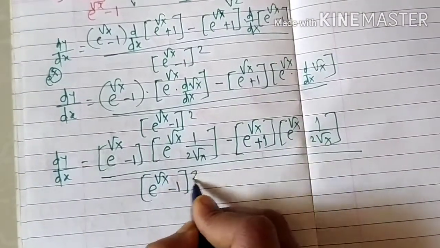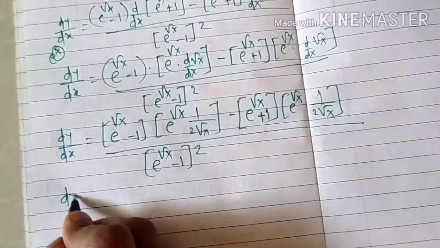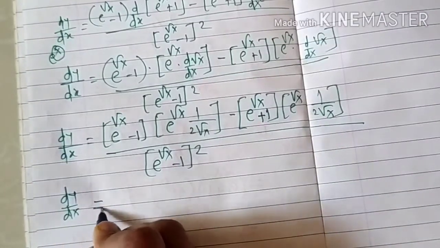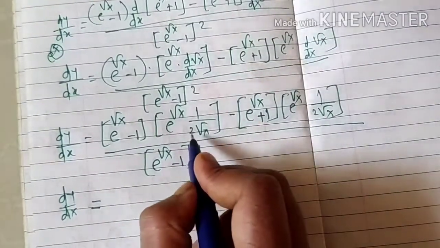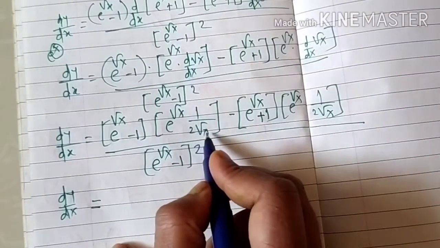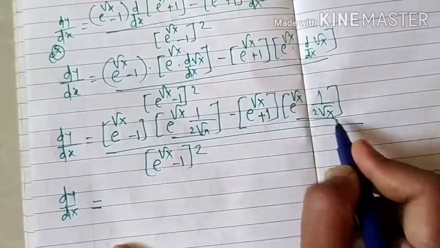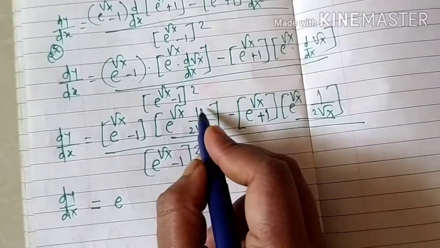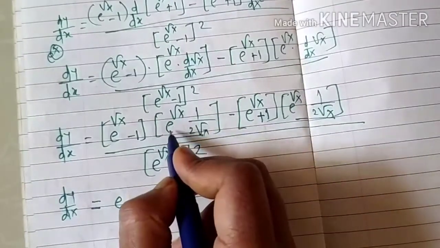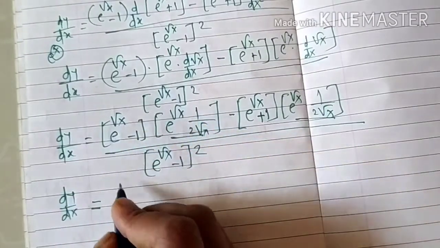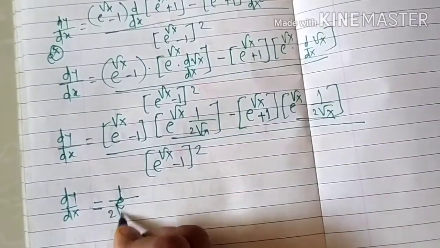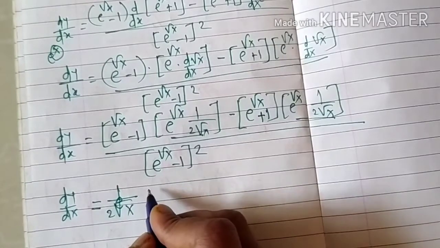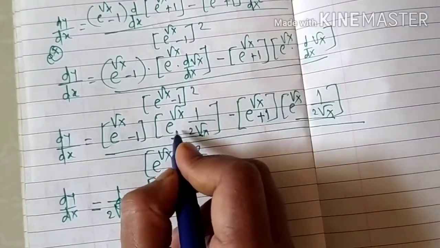(e raised to root x minus 1) square. Then simplify this term, dy by dx, then out of this, which term is common, e raised to root x into 1 upon 2 root x. This is common term, take it outside. Now okay, don't take it outside, only we take 1 upon root x as outside, and we multiply e raised to root x to this one. Then we take 1 upon 2 root x as outside, then remain is inside e raised to root x,